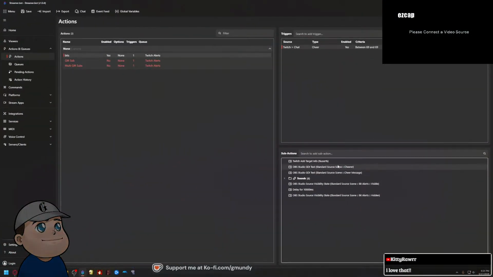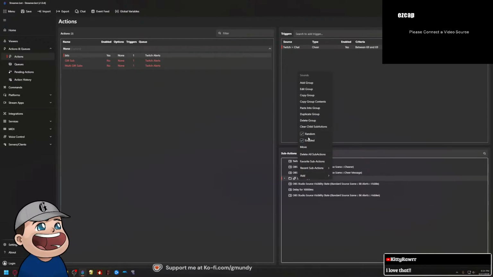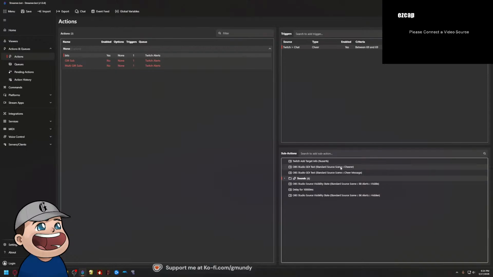Down here, I don't know if I can zoom in. I can't. But basically the macro goes into Twitch and finds the user. It goes into my OBS Studio and changes the name. It goes into that text file and changes the message. These are the sounds that I've got, and it picks completely at random, super easy. Then it goes into OBS Studio and makes that thing visible. I have it delayed for 10 seconds, which is 10,000 milliseconds, and then it hides it, with a 2-second fade for the transition that I already have set up in OBS.